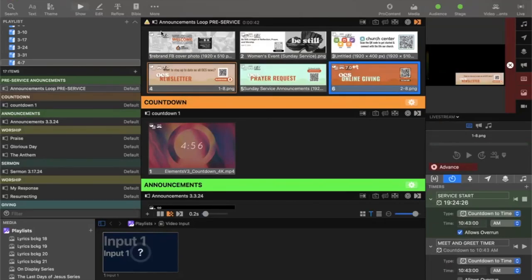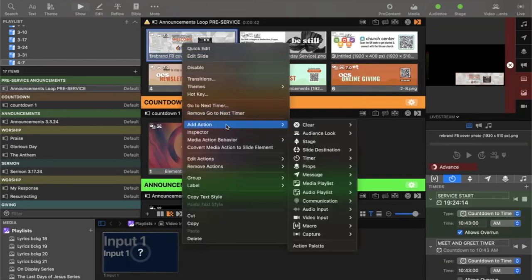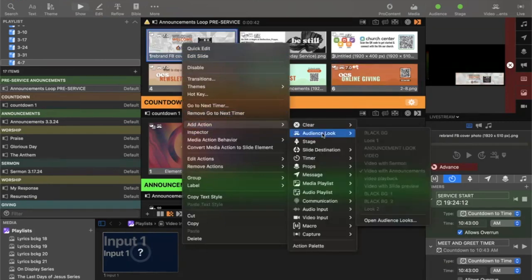If you see this little guy with the mustache, you see it on here. Kind of hard to see a little bit. But that's a look. So what that means is if I right click and go to audience look, there's a bunch of